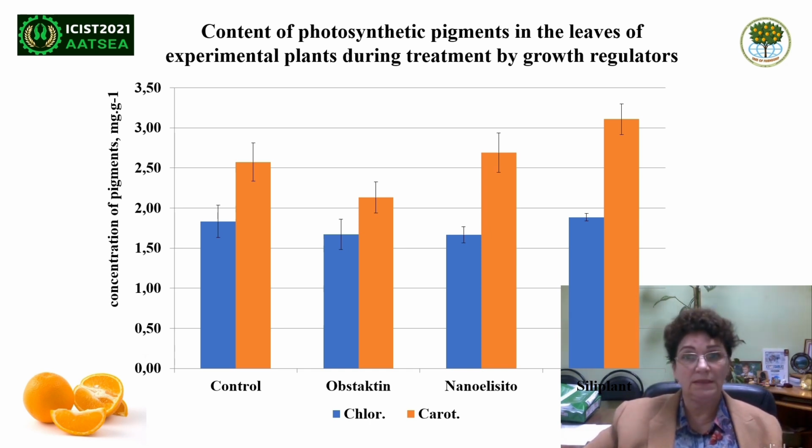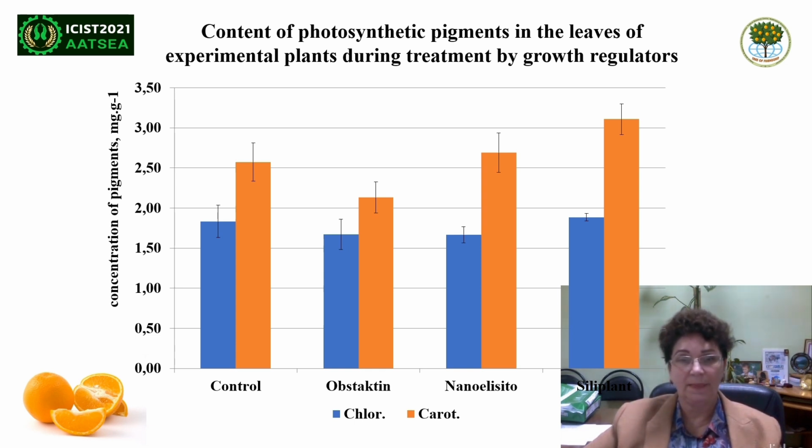Treating plant with nanoelicitor and plant increased the number of carotenoids in the leaves, which contribute to the activation of protective reaction. With this, the activity of photosynthetic process determines the productivity, resistance to stress factors, adaptability, and viability